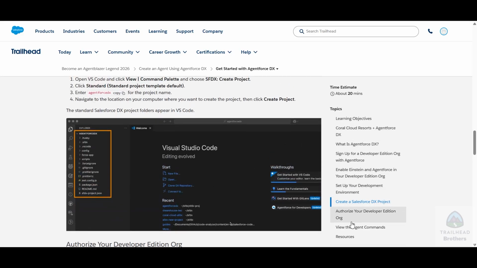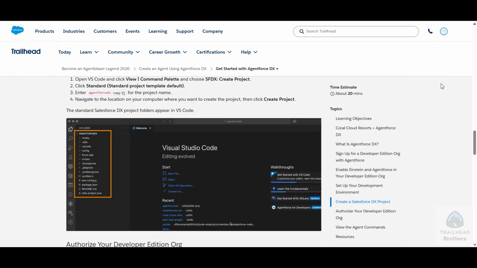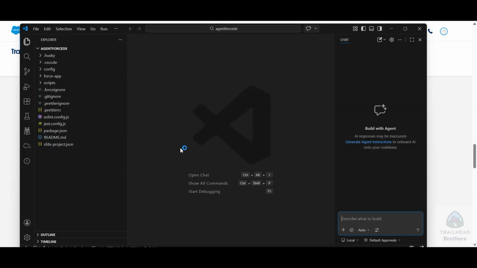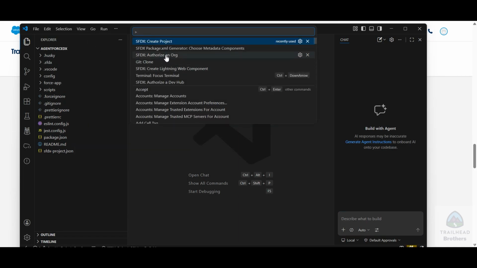Okay, this is how the project is created, as you can see here. Then let's see, authorize your developer edition. Okay, authorize an org, project default, copy Agentforce. Now we have to log in with our Salesforce. Now we have to authenticate our organization with our VS Code. If you click on view, go to command palette, authorize an org,